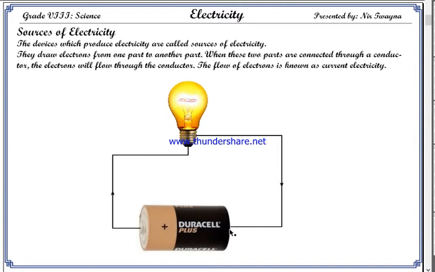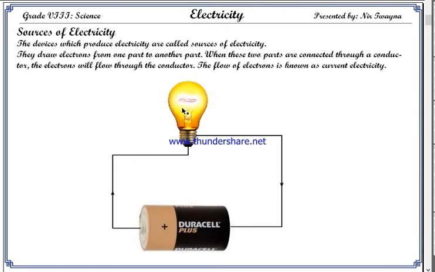Okay, so when electrons flow through the conductor like that, it is referred to as electric current or electricity. Yes, and if you keep a load in the path of the electric current, then the current will flow through the load as well. In this example, the current will flow through the bulb, and the bulb converts that same electrical energy into light energy.